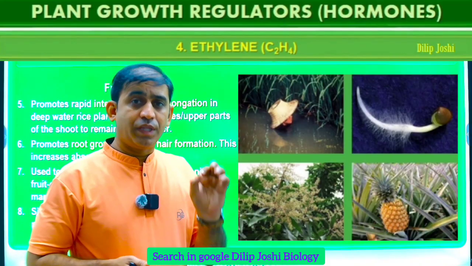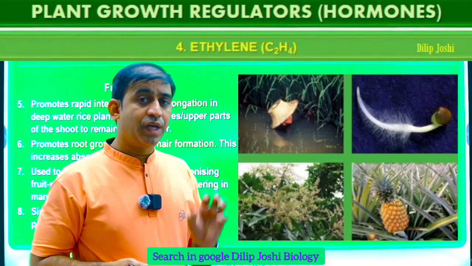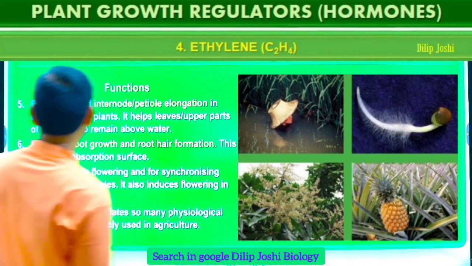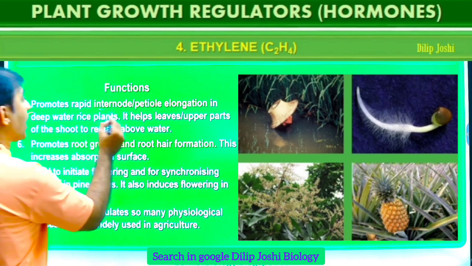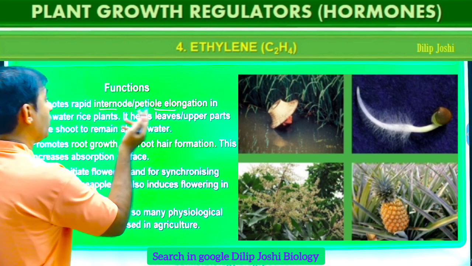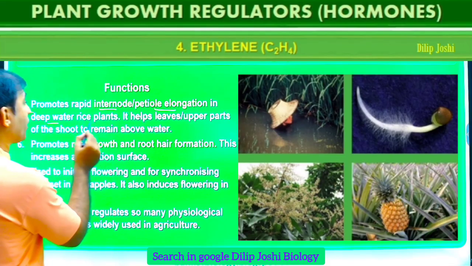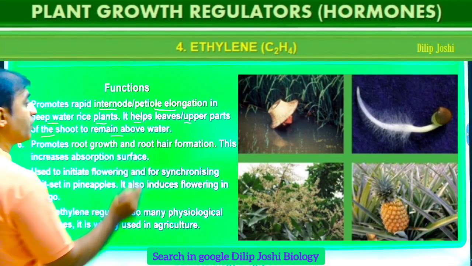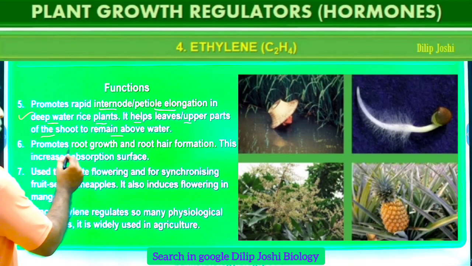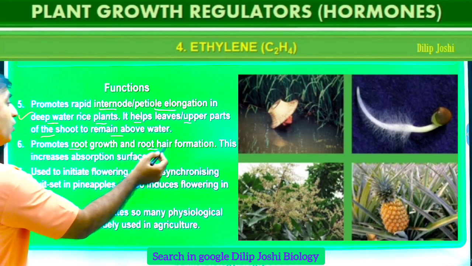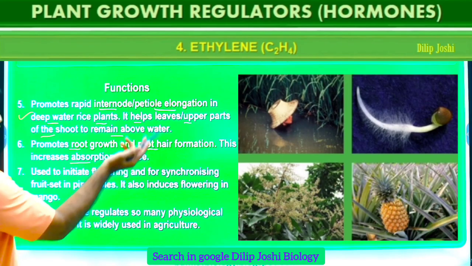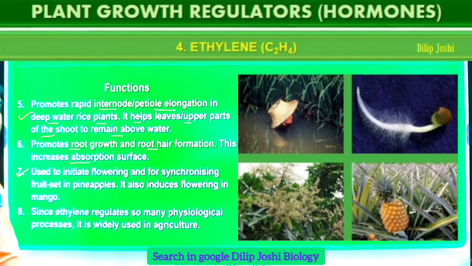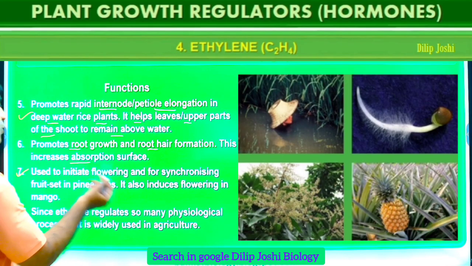And we know the cluster of flowers is called what? Inflorescence. So this one promotes rapid internodal elongation in the deep water rice plant and helps the leaves and upper part of the shoot to remain above the water. Then it promotes root growth and root hair formation, which will increase the absorption surface. Then it is used to initiate flowering,